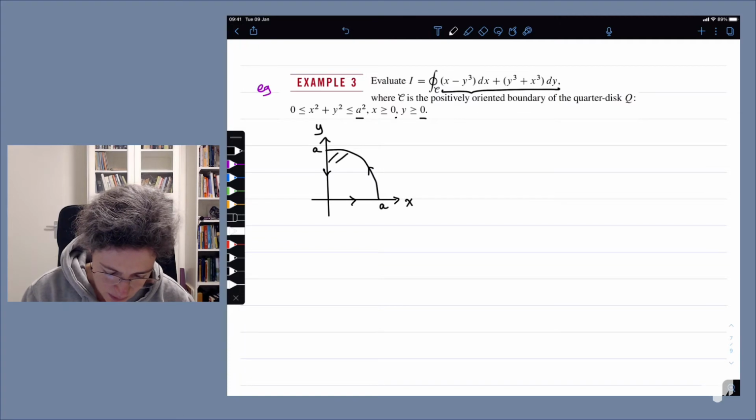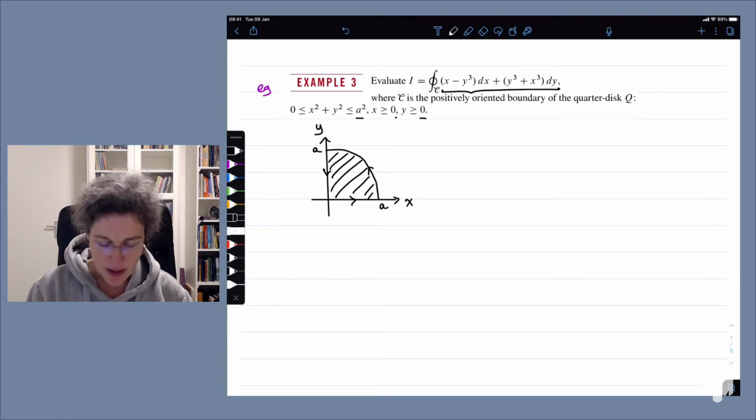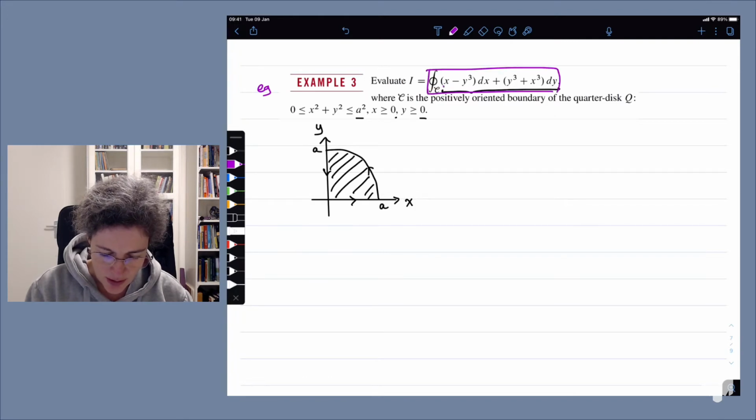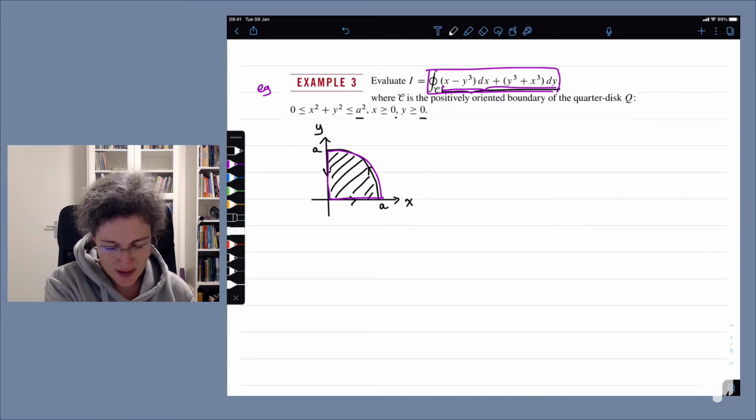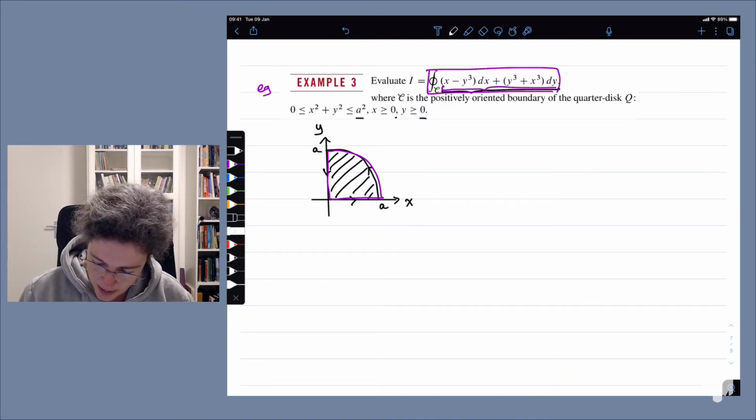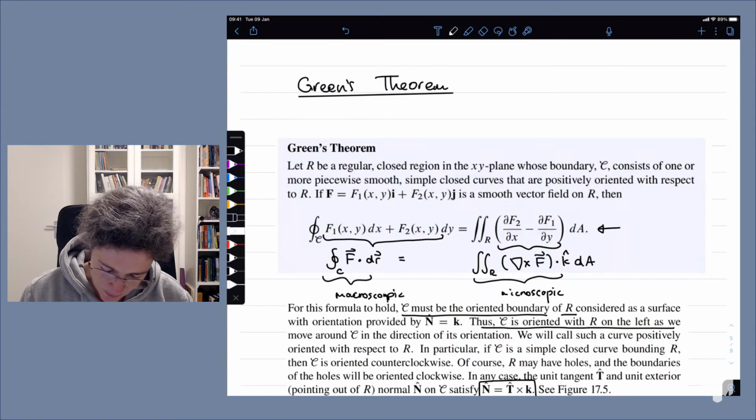Okay, so here's the region that we're interested in, and we would like to find this line integral. So we would basically integrate this along this curve there. But Green's theorem says actually we can make life a lot easier for ourselves. So let's remind ourselves of what it looks like. It says if you have something that looks like this,